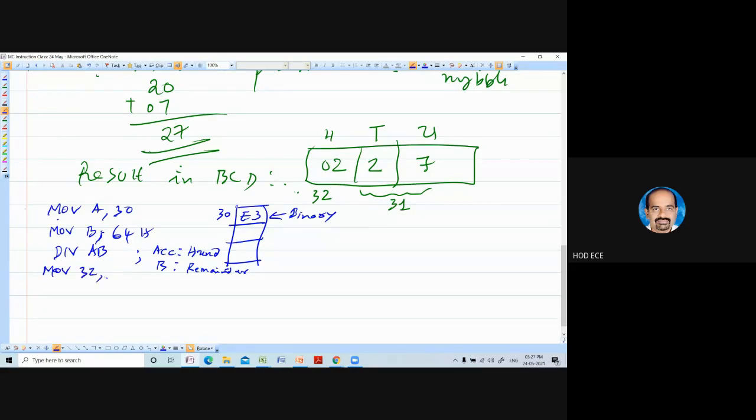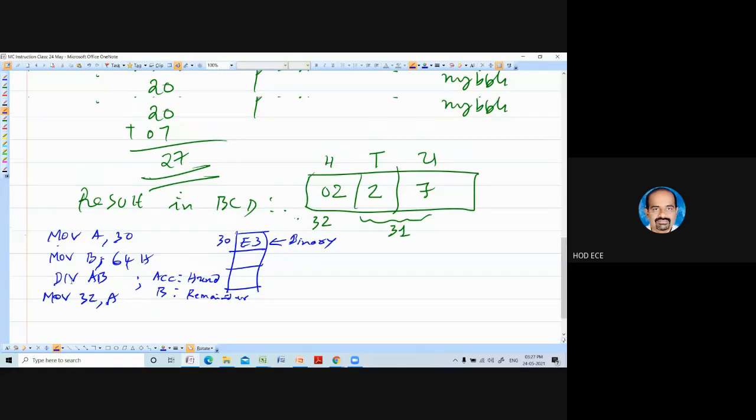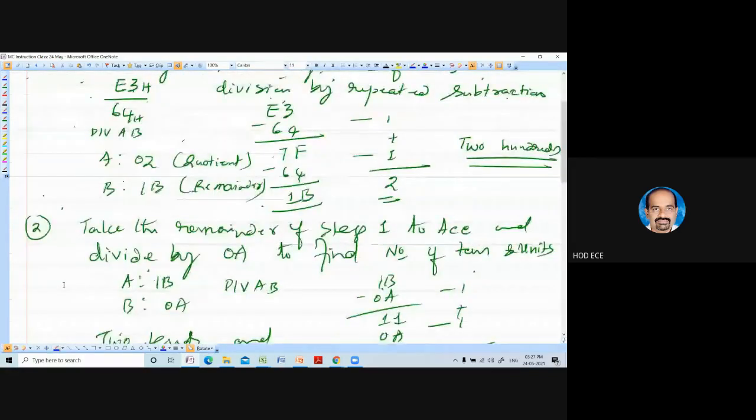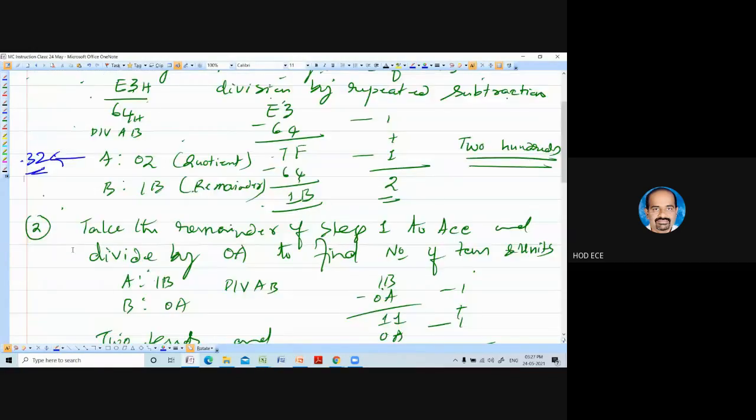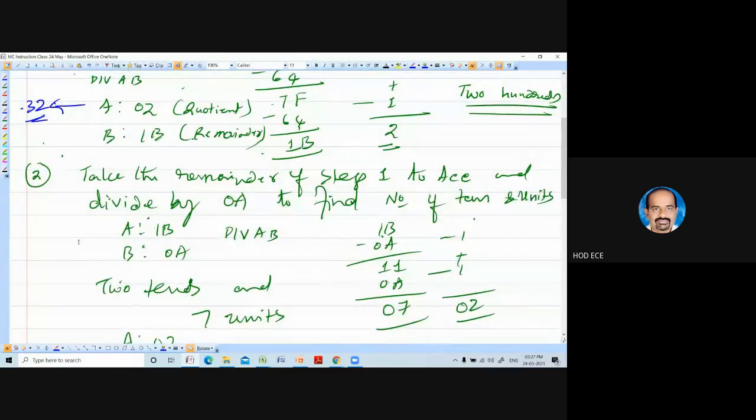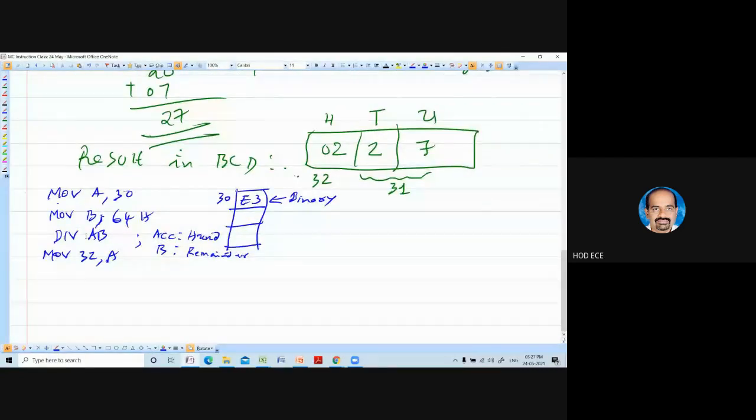So MOV 32, A. Now the second step: take the remainder of step 1 to the accumulator and divide it by A. Register B is having the remainder, so you have to bring it to the accumulator.